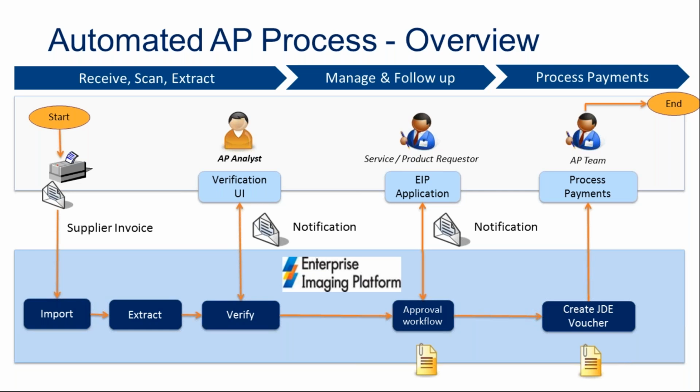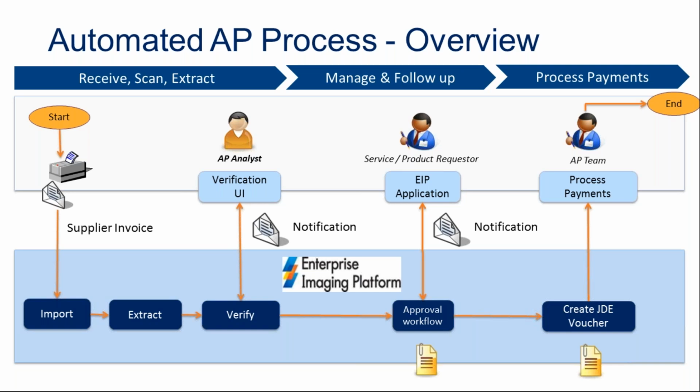Not many companies receive invoices by fax any longer, but if they did, we could intercept those invoices right from the fax server so that they never have to be printed out. So we now have an invoice that's electronic in value. If it was a paper invoice, it was scanned into the system, and if it was an email invoice, it was automatically received by the system, which monitors the email box and extracts the invoice automatically once an email comes in